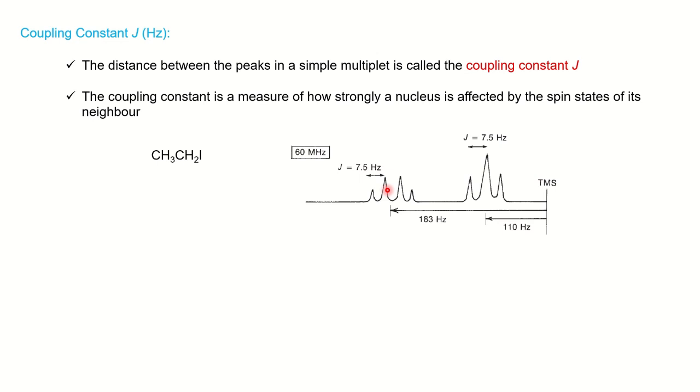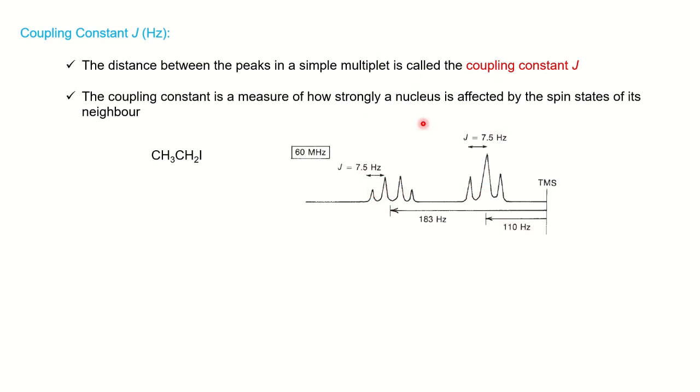If in an NMR spectrum you get a triplet and a quartet having the same coupling constant value, same means the two are in the neighboring environment, and we can write CH3 CH2 for that. Now J. The first statement: distance between the peaks in a simple multiplet. This is a multiplet and this is the distance between the peaks. Consider J coupling constant 7.5. Again on the other side it is equal to 7.5. And in the other multiplet also you are getting the same distance, 7.5.